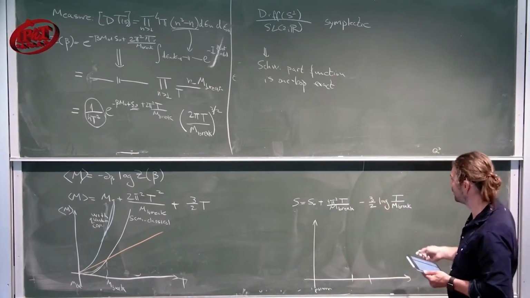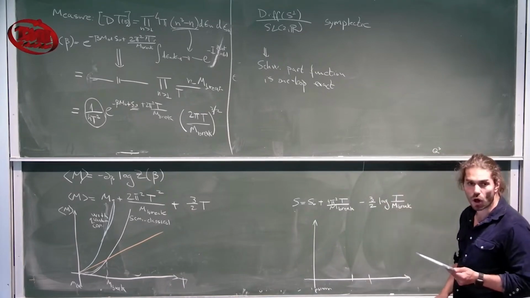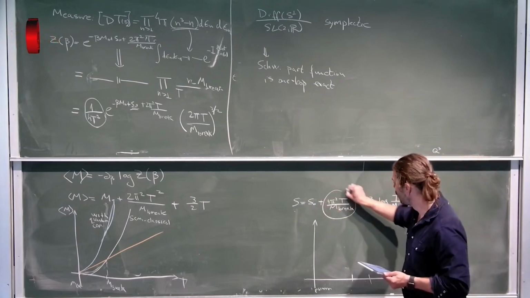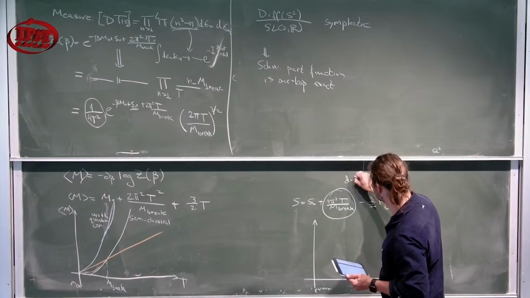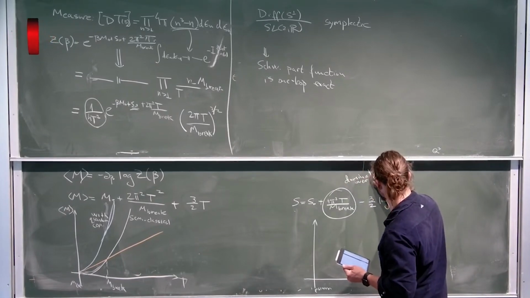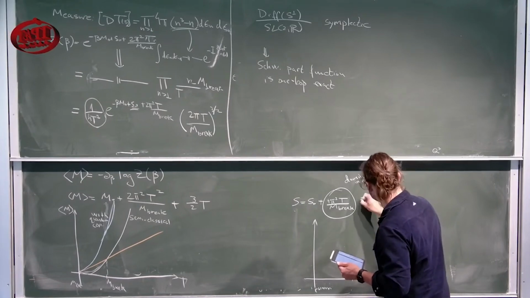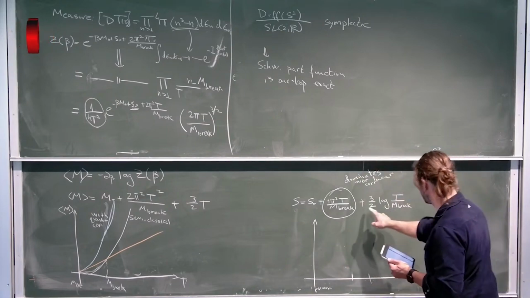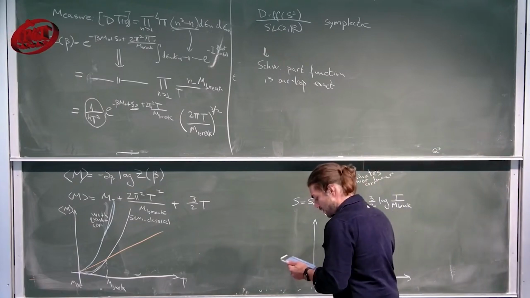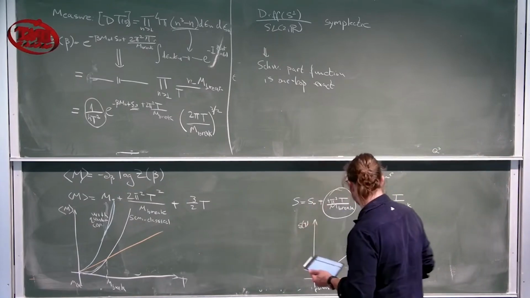This is the one loop correction that, notice, can become very large when T over M break is very small. Namely, when T over M break is very small, it could dominate over the correction that's linear. Oh, sorry, I think there's a factor of plus here, it's not a minus. Okay. So while the entropy initially looked linear as a function of the temperature,